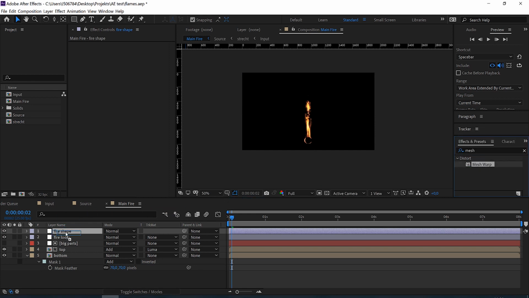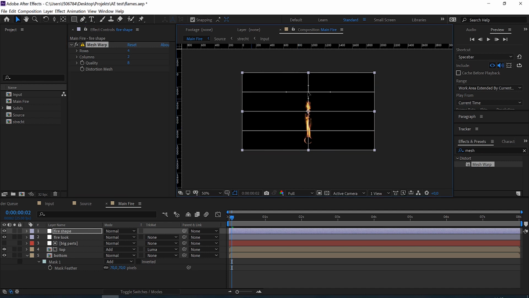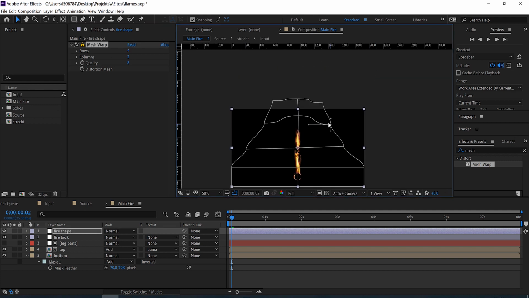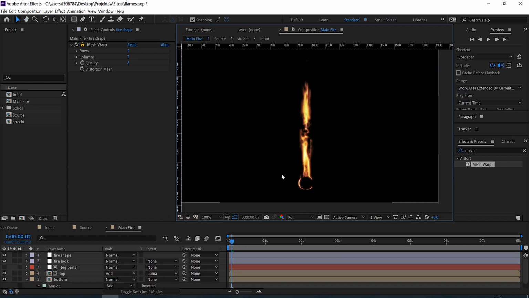So a mesh warp generates a grid, and you can just click on one of the grid points and distort it. And now, as I said, I want to stretch the top part up and also make the top part way thinner. Okay, after a little bit of tweaking, we got from this